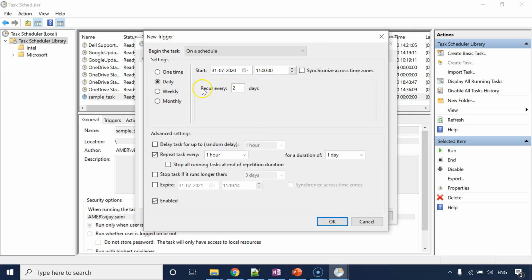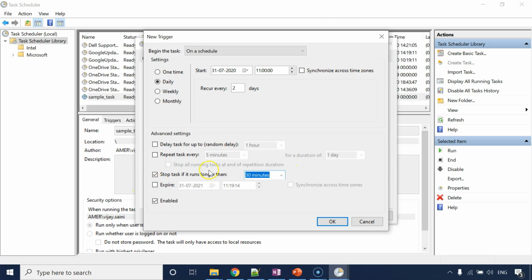So here you have defined that you want to execute the task every second day, but on the day when it executes, if you want to execute it multiple times, let's say every 1 hour or every 10 minutes, you can set the time over here. If the task is hung and it keeps on running for a lot more time, then it is not good for your system health, right? So you can define the limit over here. Let's say if this task is taking more than 30 minutes, I do not want to continue with it, and kill the task, so that your system's health is not spoiled because of this scheduled task, right?